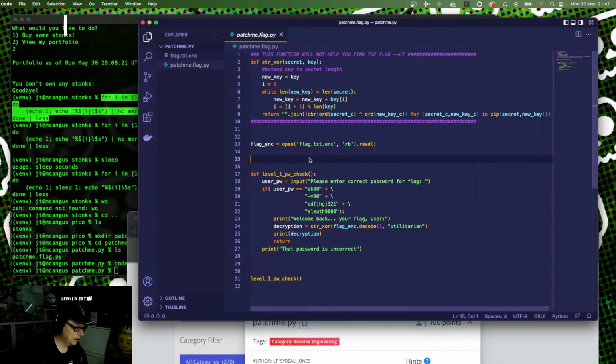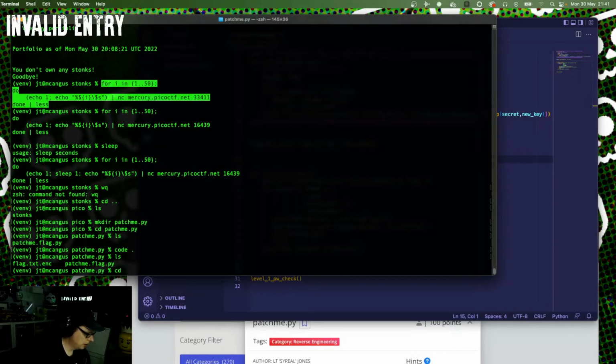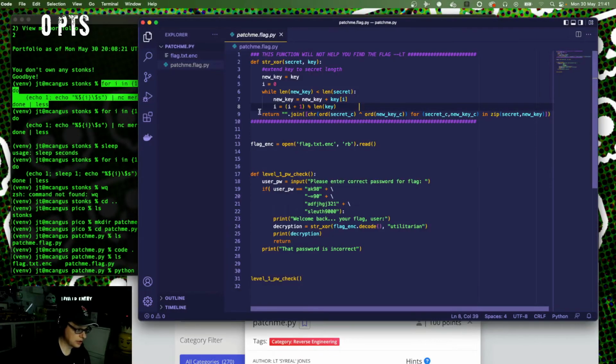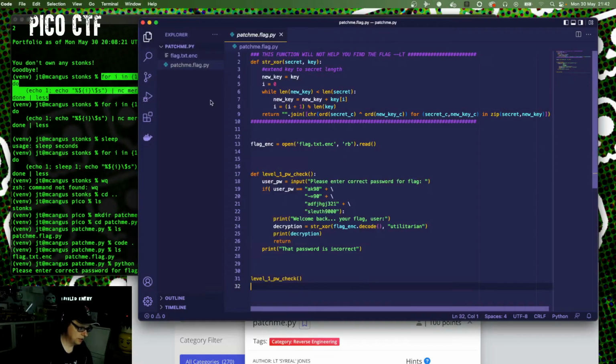So the password here should be, if we actually run this Python patchmeflag.py, just check this code doesn't do anything malicious, and it's not executing any code here. We could just take this function and run it on the contents of the file, but we're going to run that. And the password for this one is